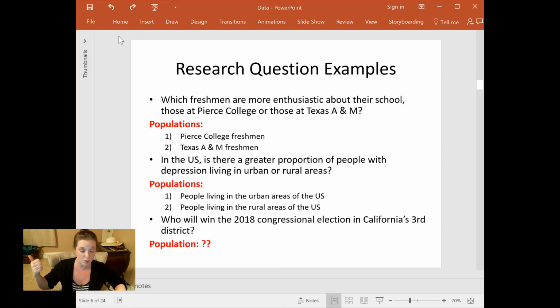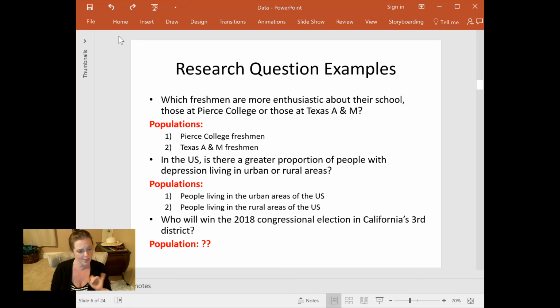I'm not going to head down to Orange County and start measuring people behind the orange curtain down there, because that would be a suburb area. I'm only interested in people in the urban areas, but all of them, so I can compare the people with depression to the people without. And then I'm going to go to the rural areas, and I'm going to be interested in all the people in rural areas living with depression and without. And so those become my populations of interest.